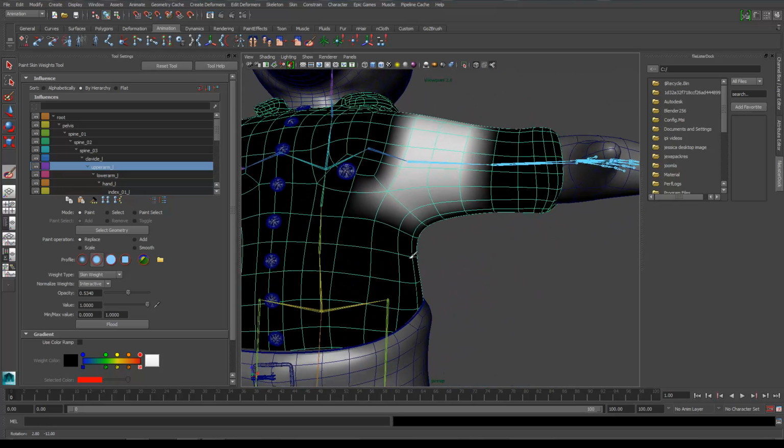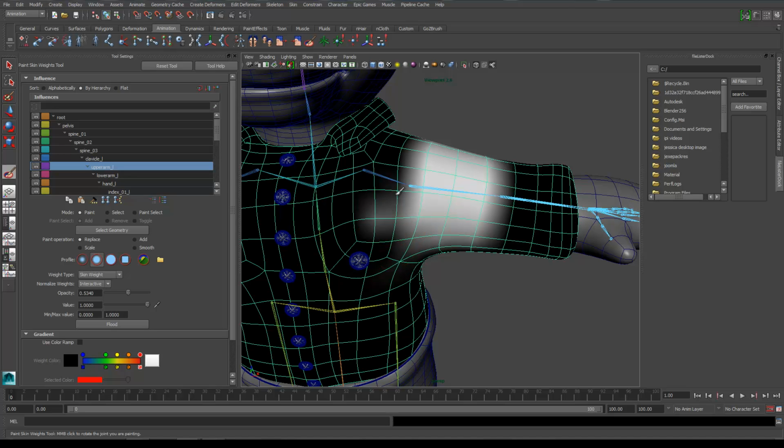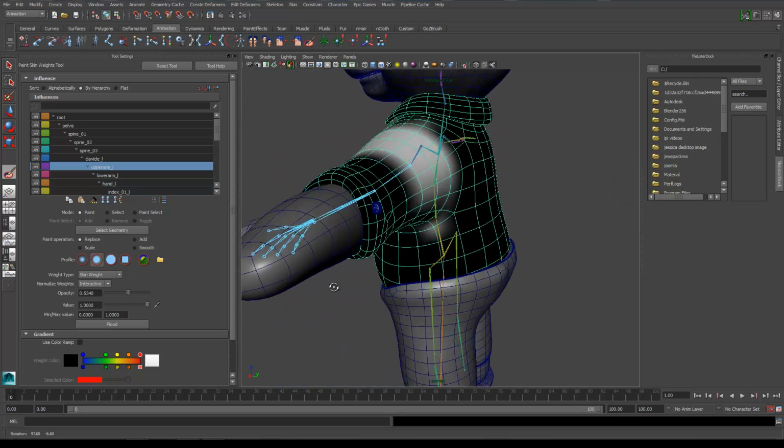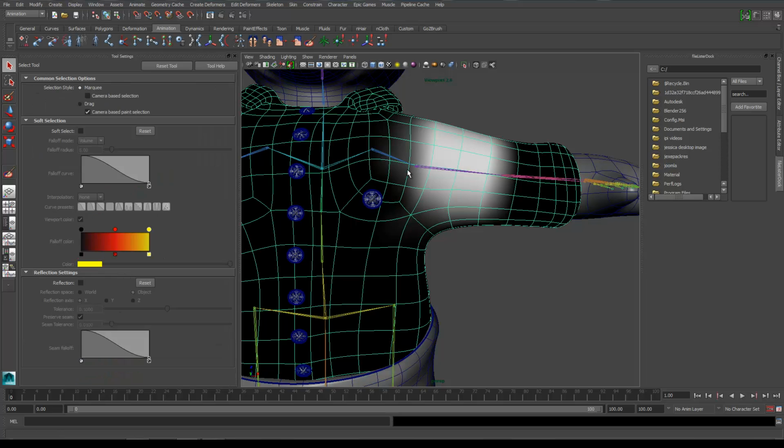Let's see here. I'm going to press Control, and I'm going to remove some of this. So I want that right over there. Maybe I'll add some over here, so without pressing Control, I'll just add some of this. Or maybe I'll take some of that out. And that's how we're going to do some weight painting. Let's say I finished all this. After I finish weight painting,